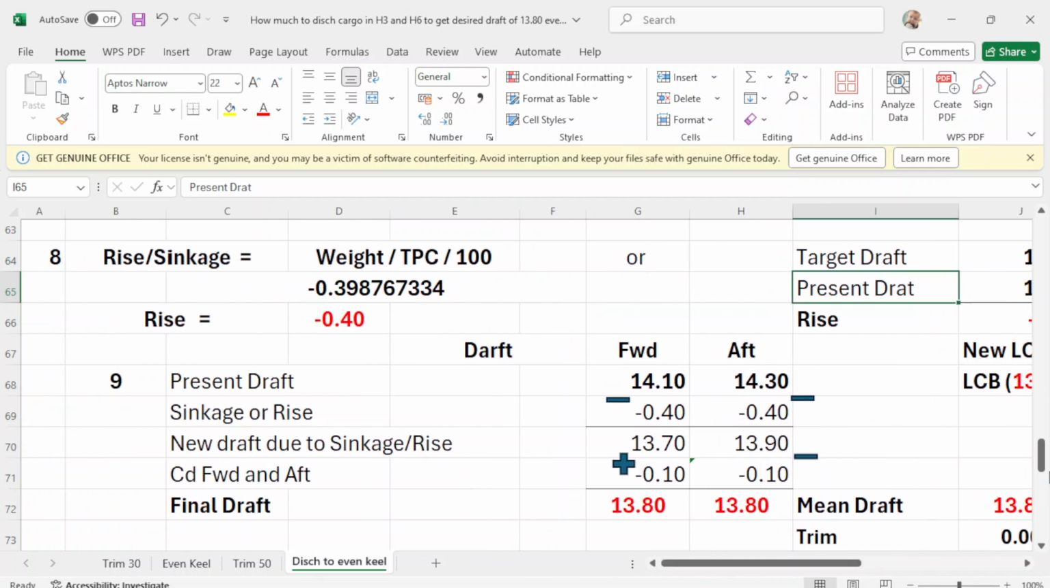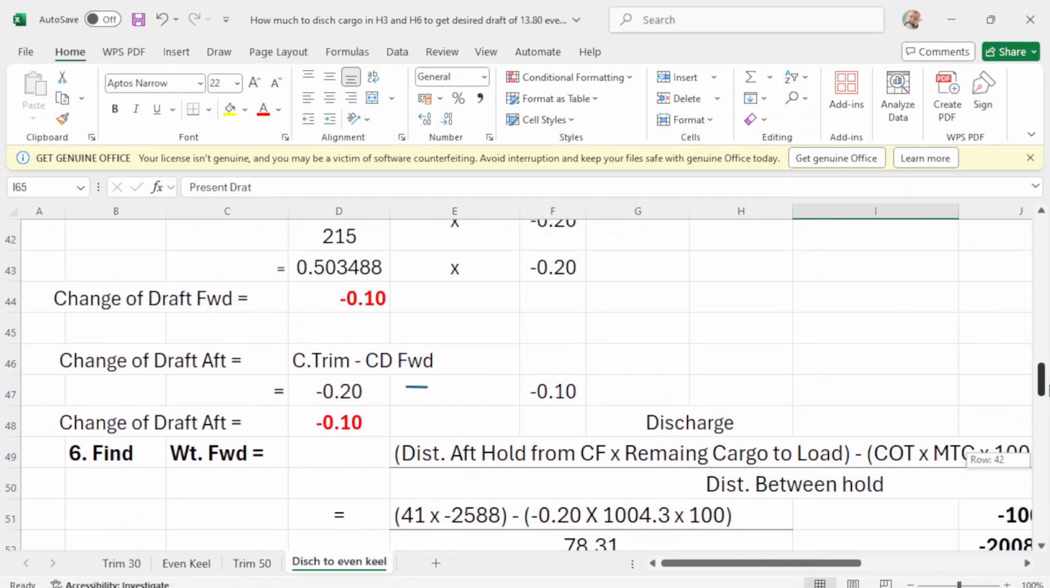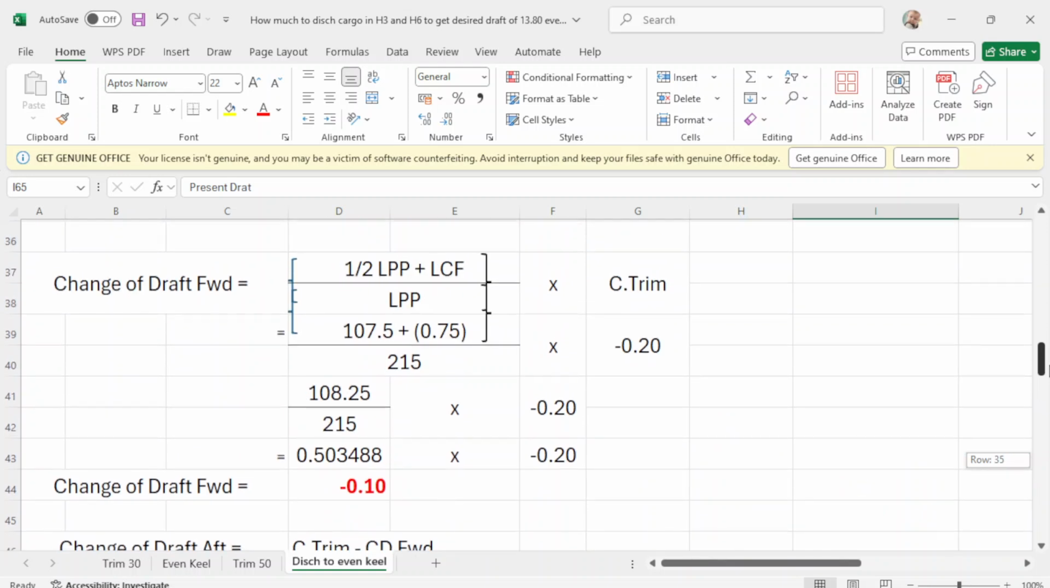forward and up. So apply your, what is the change of trim forward? Change of trim forward is this one. So how to get your change of trim forward? That will be 1/2 LPP plus LCF over LPP times your change of trim. Now, what is your